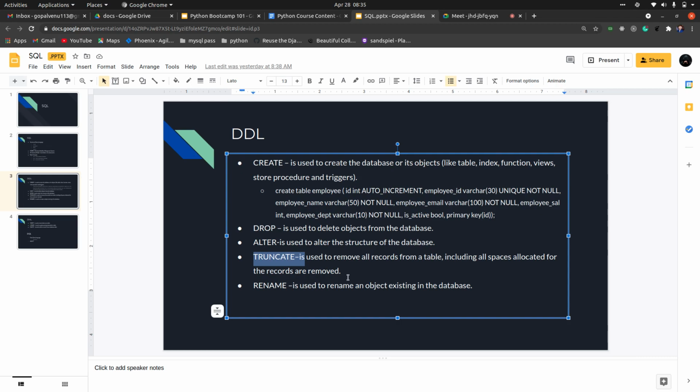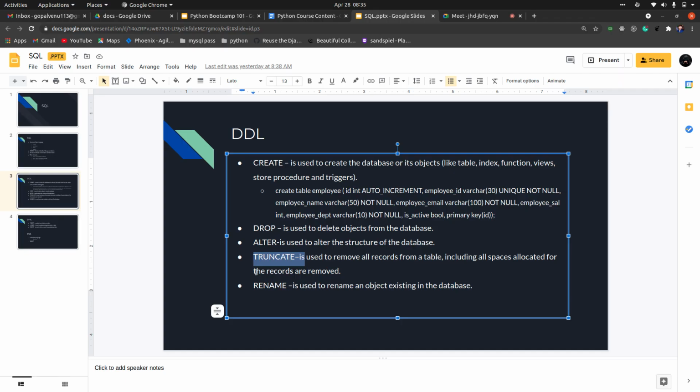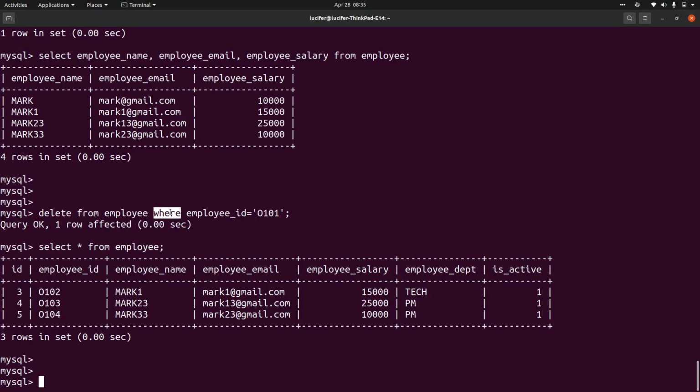So delete will not delete any memory space, but truncate will remove all the memory space from the table. And truncate cannot be used along with conditional statements. It is just removing all the data. You cannot specify conditions to delete only a few records.